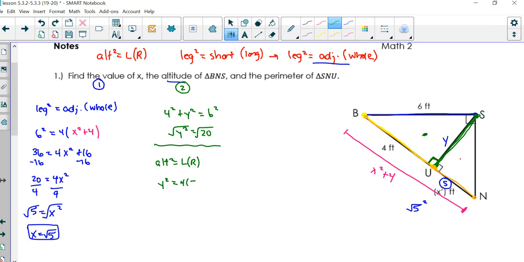So 4 times 5. That means that y squared equals 20. And notice that that's the same as this. I take the square root, and notice I'm getting this exact same answer. This simplifies. This would be 4 times 5. Square root of 4 is 2, so that's 2 root 5 as an exact answer. I was trying to figure out the altitude. The altitude is a segment, so I'm going to say segment SU equals 2 root 5, or 2 square root of 5